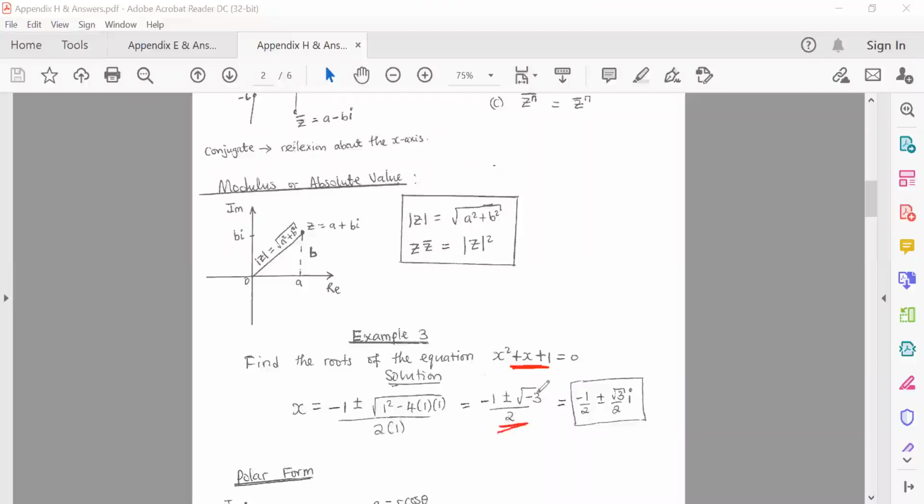Now, the trick here is that I don't want you to tell me there's no square root of a negative number. Because you've done complex numbers, where you see a negative, you can replace it with i squared. The square root of 3i squared just becomes the square root of 3 times i. And if you split the bottom there, you have minus half plus or minus root 3 over 2 i. The fact that we've done complex numbers, I don't want anyone to tell me in the future that there's no square root of a negative number. So if I ask you what's the square root of minus 1, don't say that it's undefined. Tell me that it equals i, because you know minus 1 is i squared, and the square root